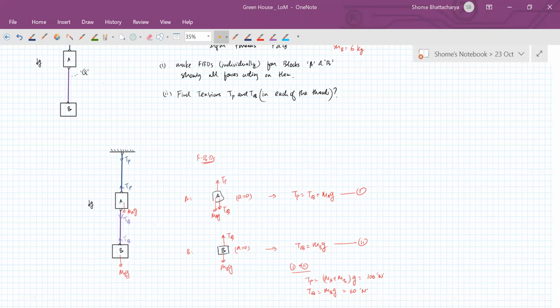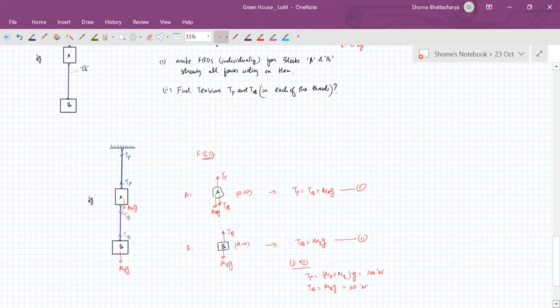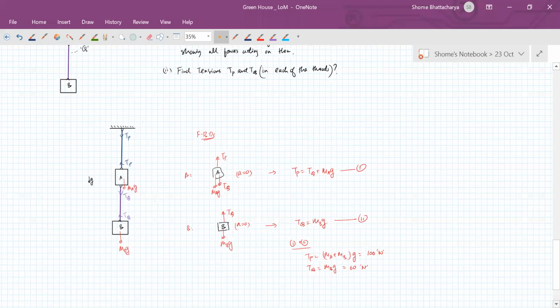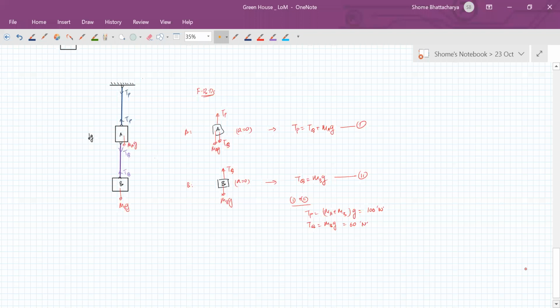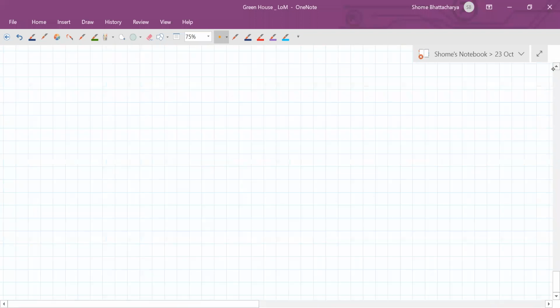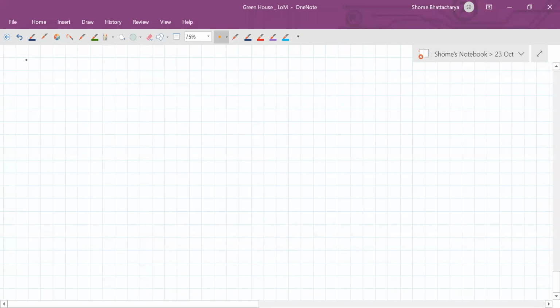Yeah, Chris, so just hang on. We will come to heavy ropes also, but that will be secondary for us. Most of the time in this chapter we will be dealing with strings and threads which are massless. So that's why I'm covering all the cases of that first, or at least a few cases of that first, so that we are comfortable. Now let's continue with this for some time.